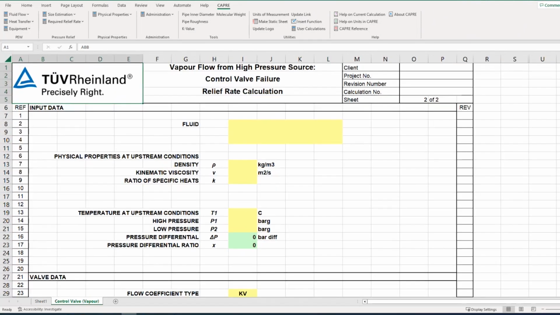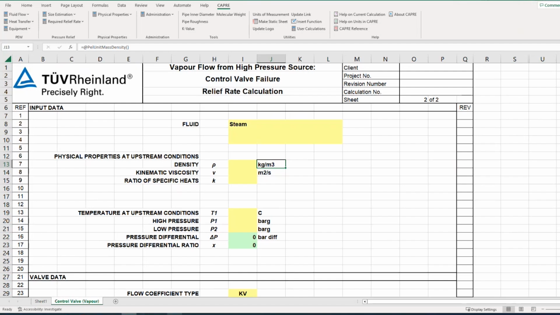So I've used this CAPRE sheet numerous times to determine flow rates of fluid through control valves. I've also used this sheet when sizing control valves and determining KVs and CVs of these valves by specifying flow rate and other conditions that are known. So the first thing we can do is name the fluid, steam in this example. Now we need the physical properties of the steam at upstream conditions. We need to find these properties at the highest pressure that the steam can be prior to it entering the control valve,